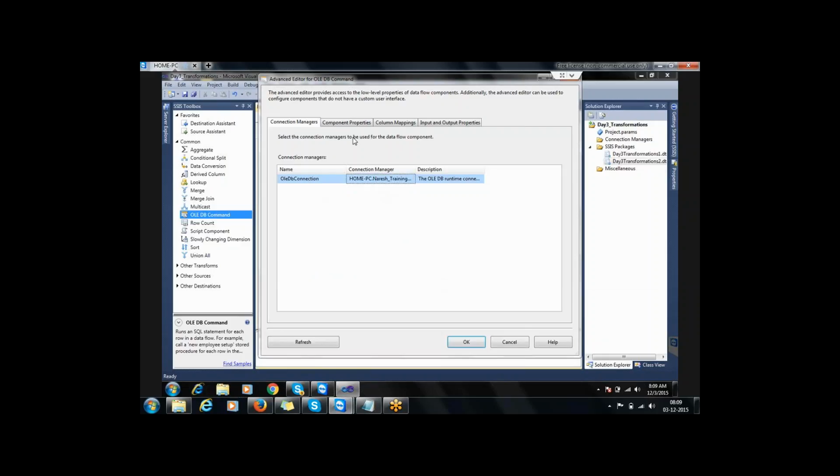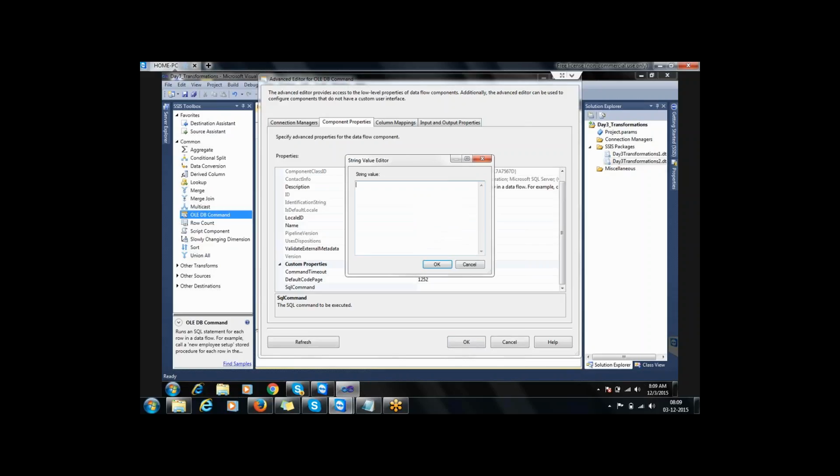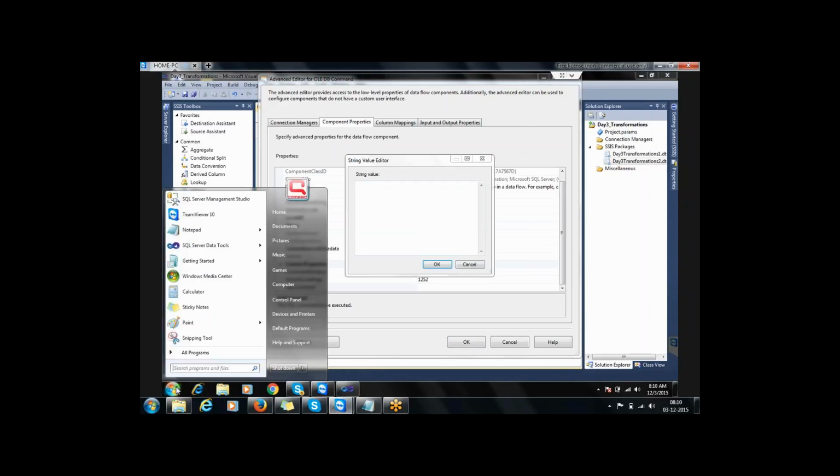Once you are ready with your connection manager, go to the Component Properties tab. By default, there is nothing you need to change here. Come down, and you can see SQL command. There you need to give your update statement. Before giving this update statement,